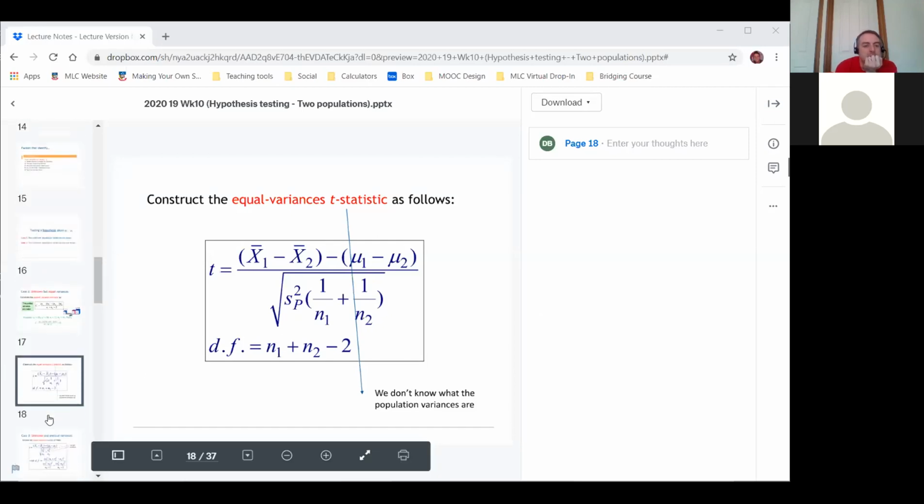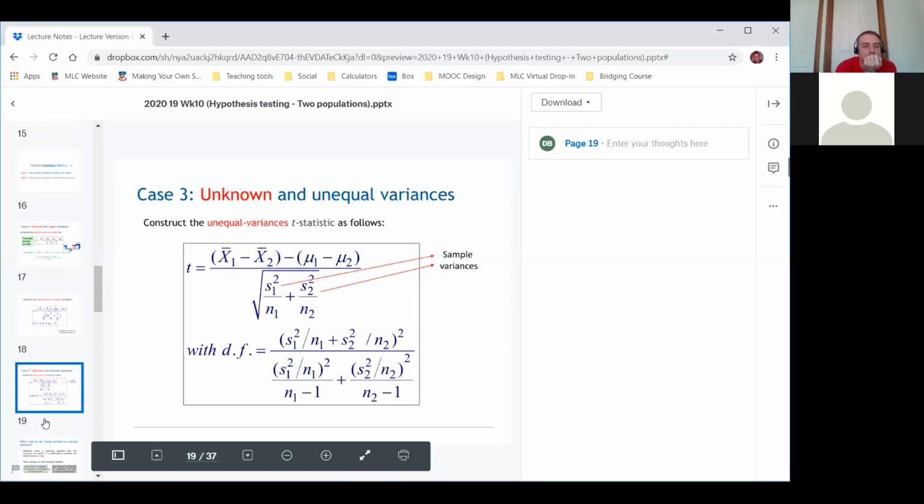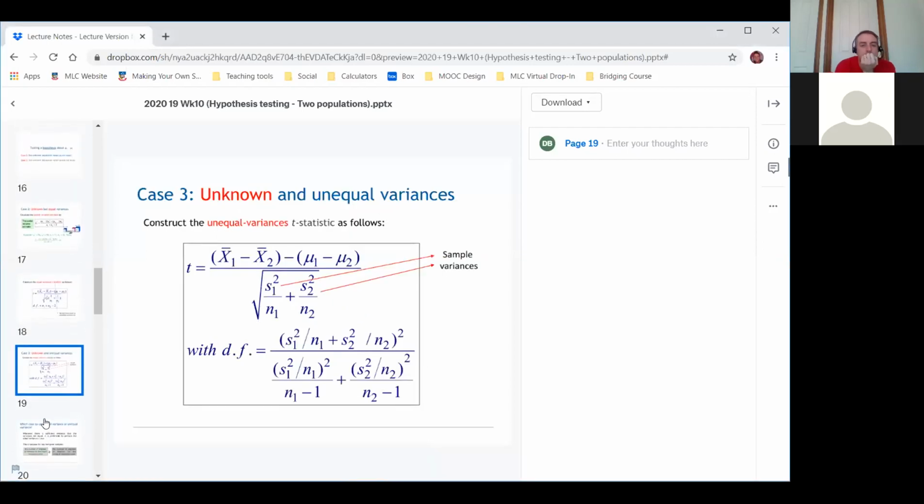Okay, so we said there was a third option somewhere. So with the third option, this time we have the population variance is unknown and not equal. I'm going to copy that down. x1 bar minus x2 bar, mu1 minus mu2, the square root of s1 squared over n1 plus s2 squared over n2. Okay, and then the degrees of freedom is